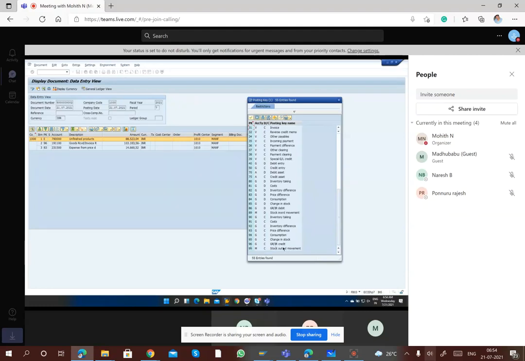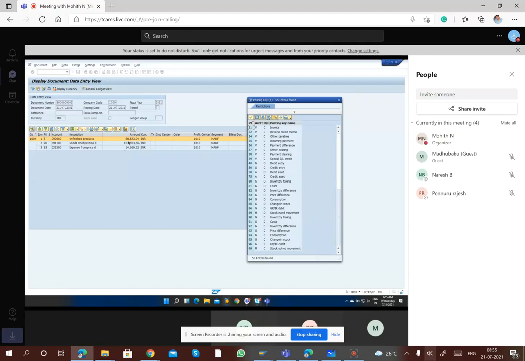Okay, first thing. And the second thing is 96. What is 96? GRIR credit. IR in the sense invoice is still pending. Once you do the invoice, this line will be nullified. Then 83 is price difference. The actual price is different in the system, and we ordered it for a difference. So there is a loss of 14,000 that is happening in the system. But okay, we gave our own price here. If the system takes it, it will take collectively. If there is any price difference, there is an input called PRT that comes here. We will see how these terms fall here for different processes in future.